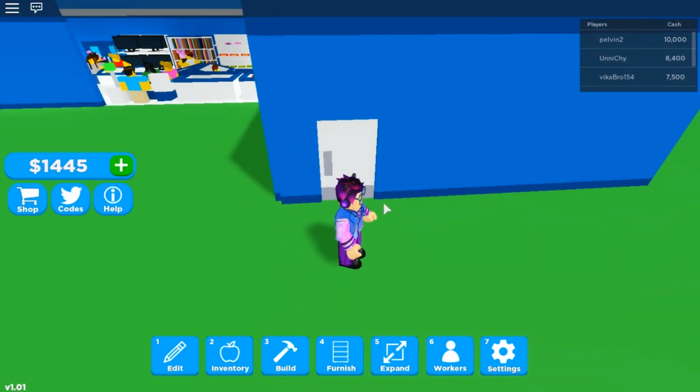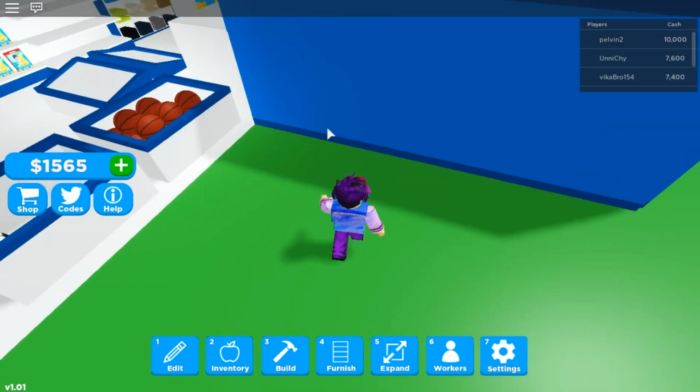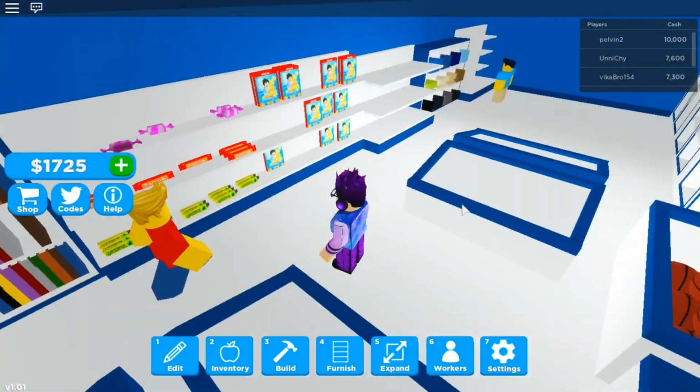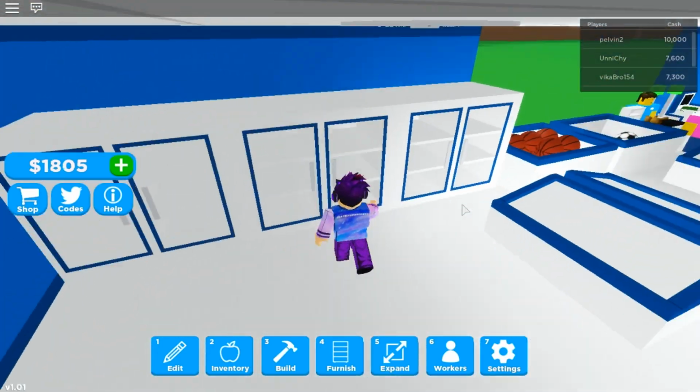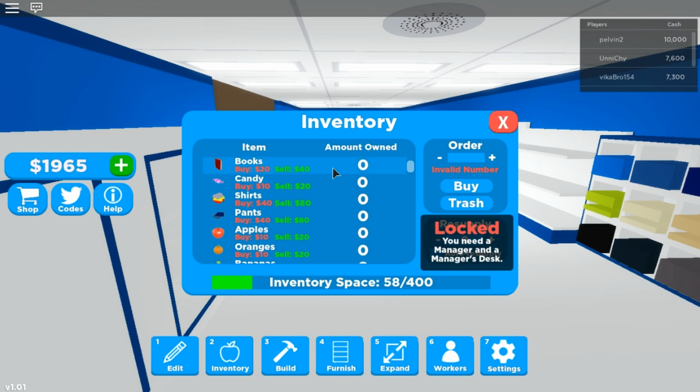Or actually, I can just put the cash registers and that here. Who knows what I could put there. Okay, the shelves look a bit more empty, so you know what that means? Well, I'm actually going to